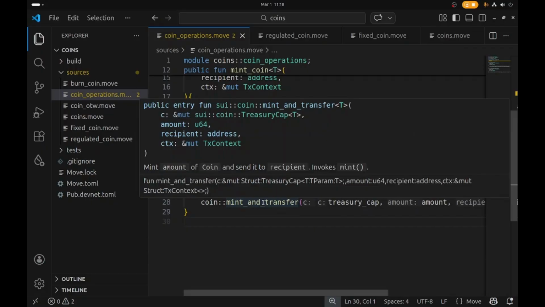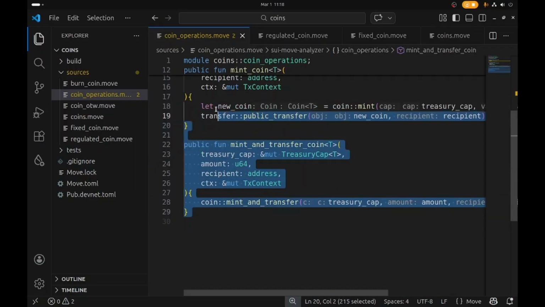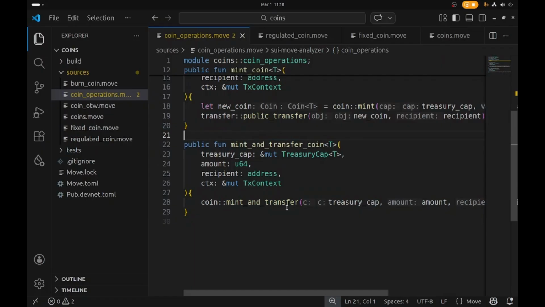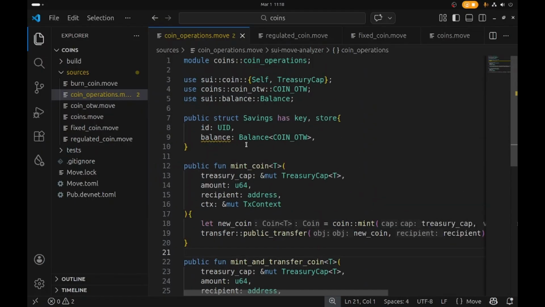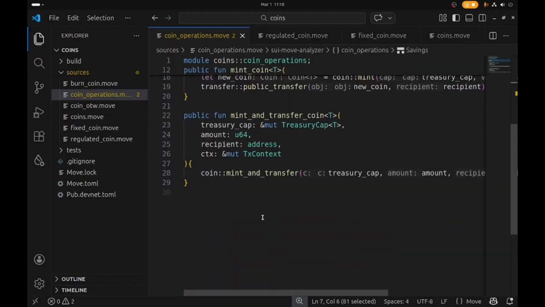Right now I'm missing the coin object, the one we minted here. We can either return it, or even if you return it, you have to transfer it out. But now this balance function, let's just be saving it. We can also return it, but we're going to be saving it in this savings object, so we have to save more of the balance. So let me call this